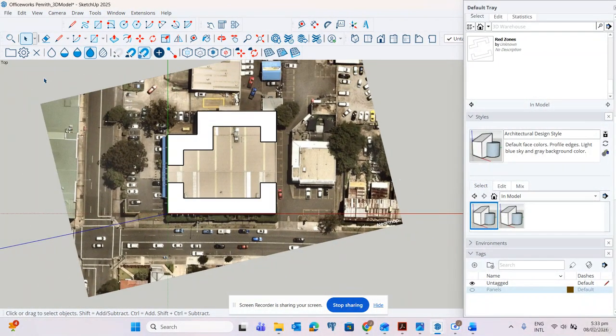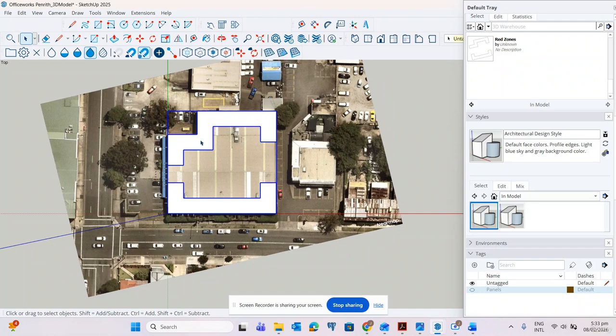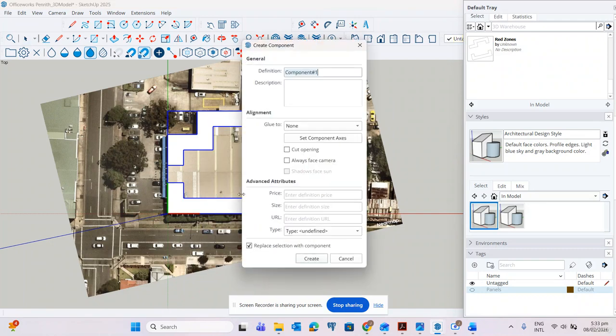So the second thing we will do is to copy, select, then right click, make group, make component. We will name the component red zone.